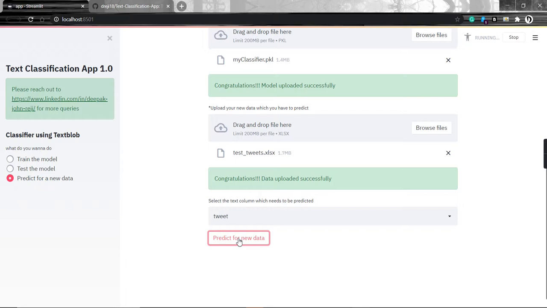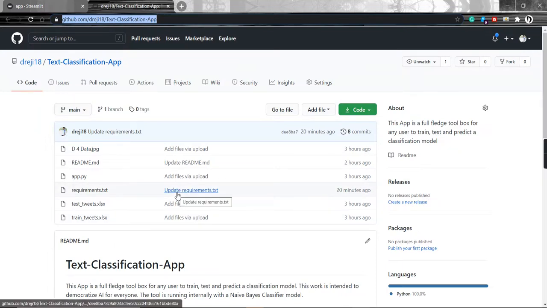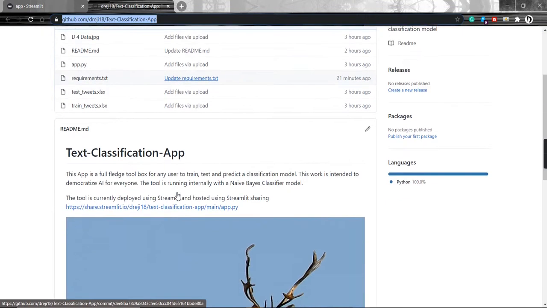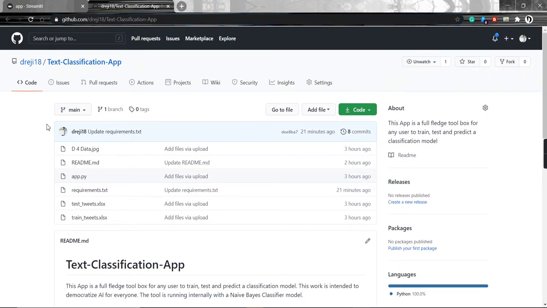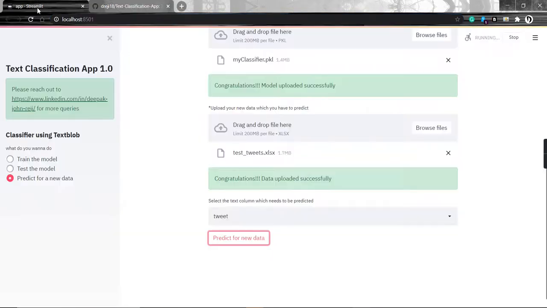In this way, it's very easy for any user to train a machine learning model or a classifier, so that you can use this way to get the model, retrain the model, or try to understand how you can fit this in your day-to-day jobs. Currently all the code which I hosted is in Streamlit and it's available in my GitHub repo. So feel free to go ahead and fork this repo.